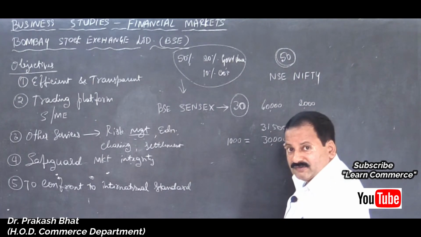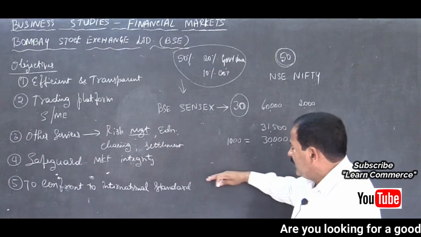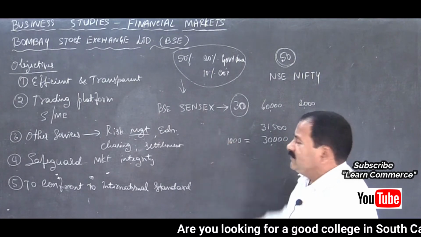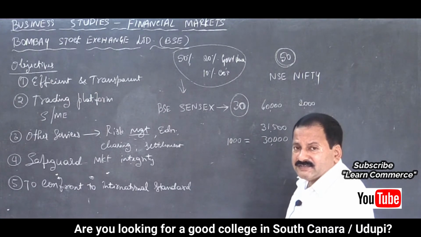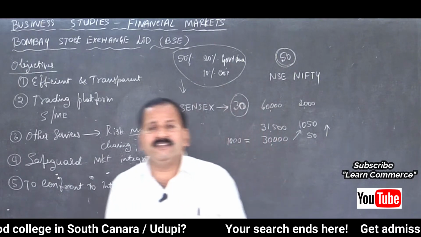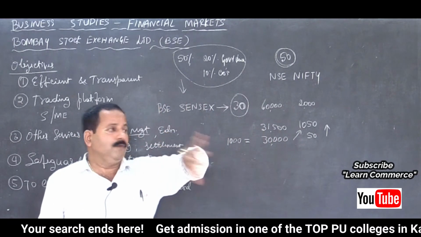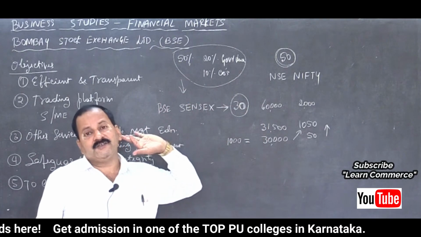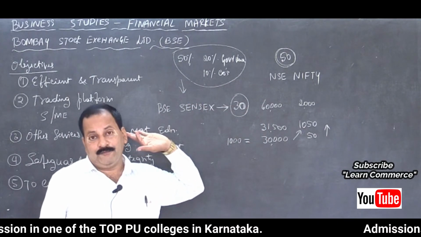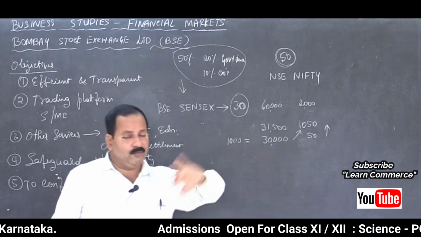Understood now how they decide? So they will take 1 year as the base, and any increase in the prices, like the consumer price index you are calculating, isn't it? In the same way, here we will calculate how much increase in the price of those securities and what is the percentage. So in that way we will quote the index, that is called Sensex and Nifty. Nifty 50 companies, Sensex 30 companies, that's the only difference.